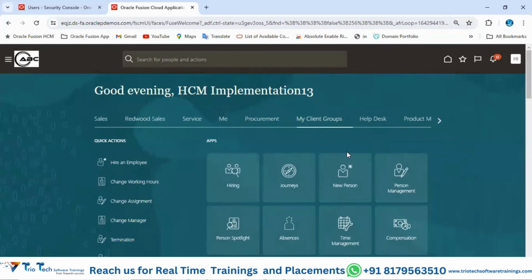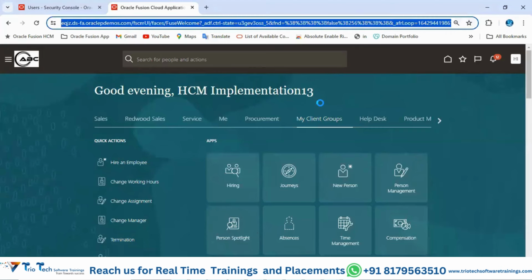And here we have something called new person. All these things we are going to see in our core HR module, team. So HR will come to my client group and to new person. And then HR will have the transactions to perform for hiring of an employee in the system. So they will come to my client group, new person, and then